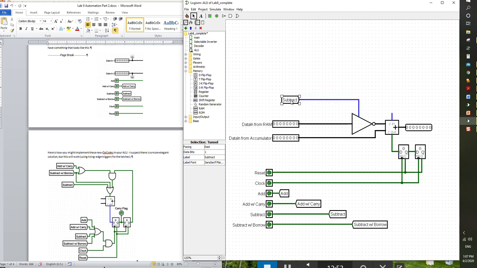So now, besides the subtract operation that will require us to invert this input, there's going to be another, well, I'm just going to actually copy this one. We also have to invert our input for subtract with borrow. So either of these options